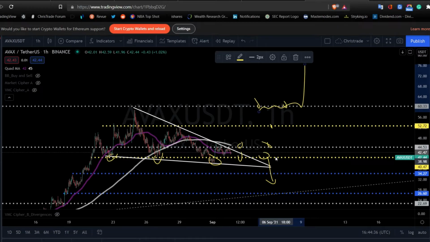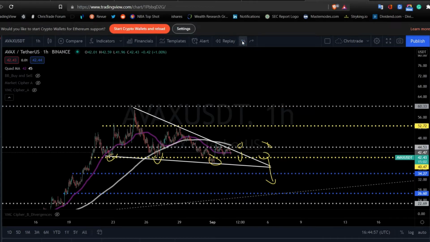If it's bouncing more towards its floor, well, expect it to break, and it could start retesting here. Very similar to what it did here. It was testing, it broke through, but then it was a false breakout, and it quickly got snapped back up. So you want to actually just watch that. Okay, a little bit of a mess here, but let me just clean this all up for you guys. Okay, so that's typically how I play and look for those type of key indicators.